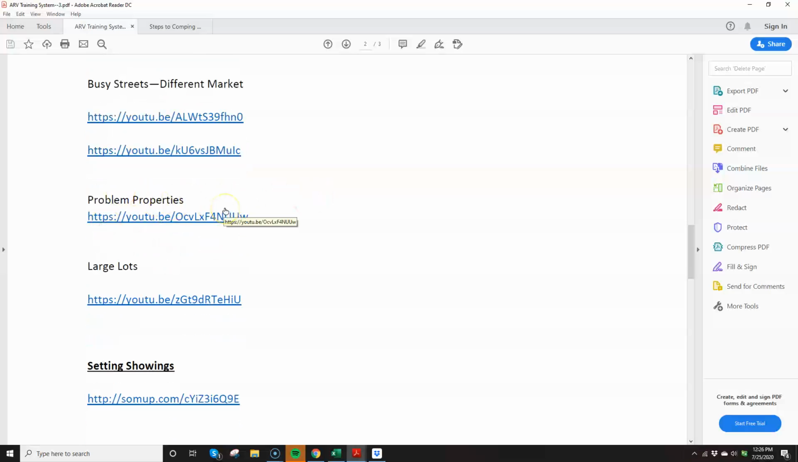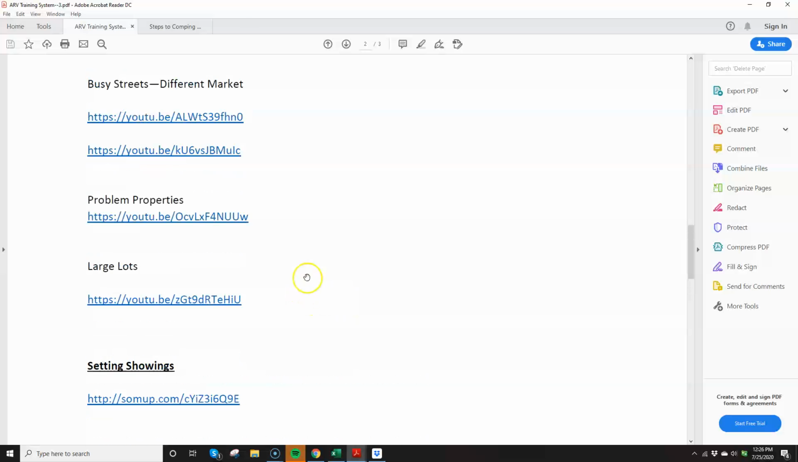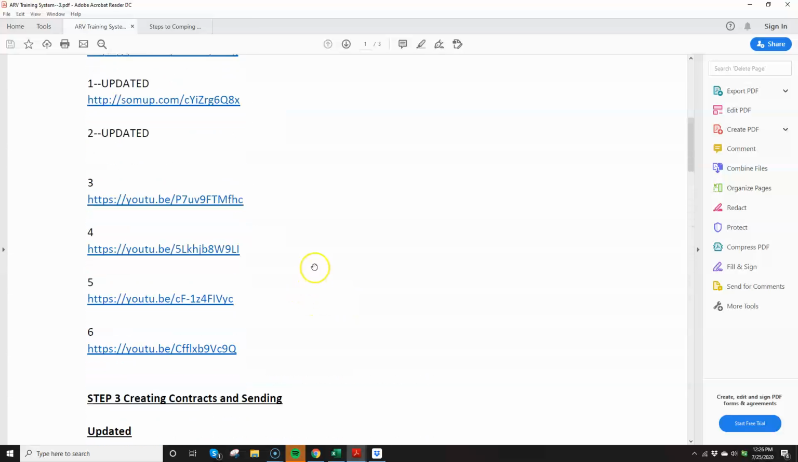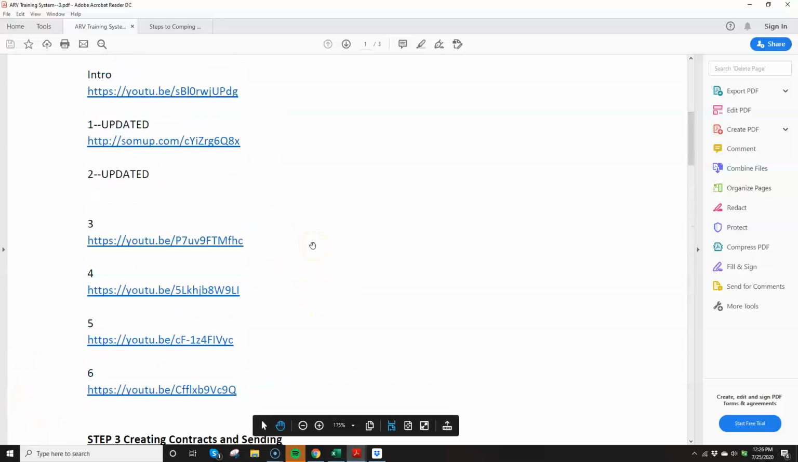This is another one on problem properties. Here's one on large lots. That's down the road. Don't worry about that stuff for right now. I want you to just really kind of dive into this and figure it out. But I am going to ask you to be patient with me, because